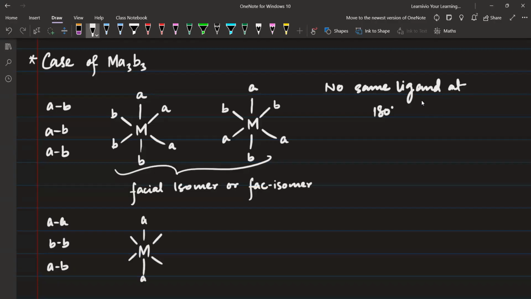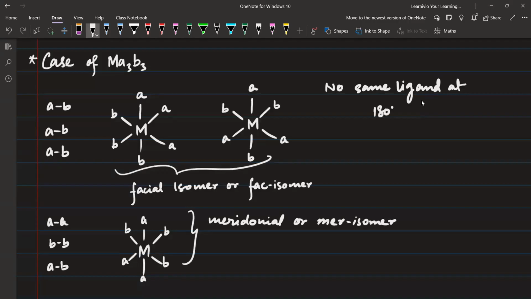इस केस में A के अपोजिट A, B के अपोजिट B और A के अपोजिट A, दूसरा B। So this is known as the meridional isomer. मेरिडोनियल, या फिर mer isomer। इसमें क्या होगा, same ligands at 180। But याद रहे, this case is only for Ma3B3, है ना, at 180 degrees। Fac और mer वाला केस A3B3 वाले में है।